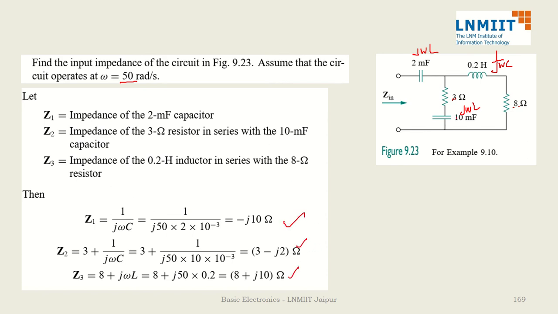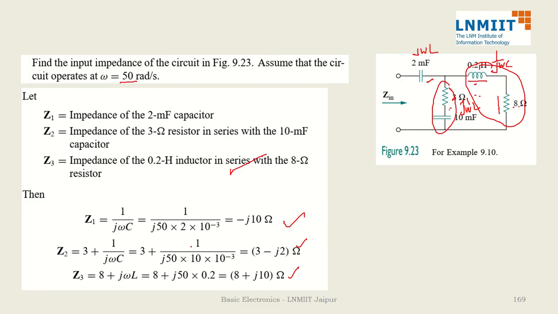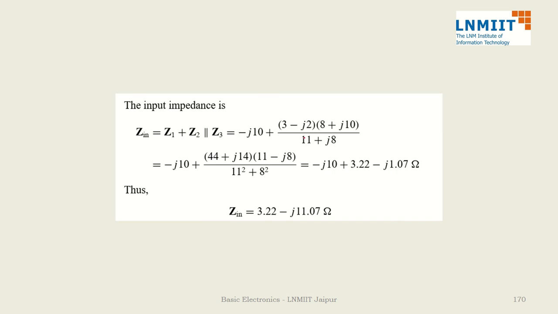Once I get these values, I say, okay, look, this and this are in series. This series network and this series network are parallel to each other, and their equivalent is in series with this. That's all. So once I calculate those, this is Z2, which will be a combination of these two, and the parallel of that with this, and in series with the capacitor. Calculate, solve this complex number. You can get rectangular form or polar form. Anything is fine.